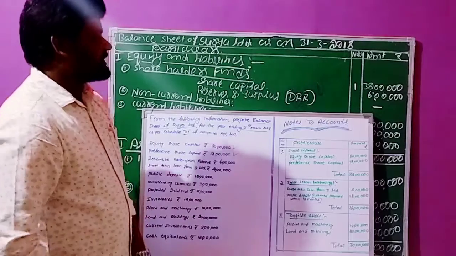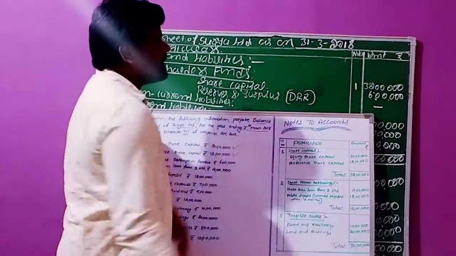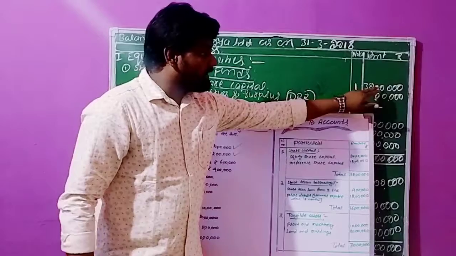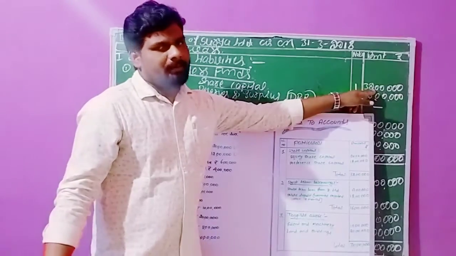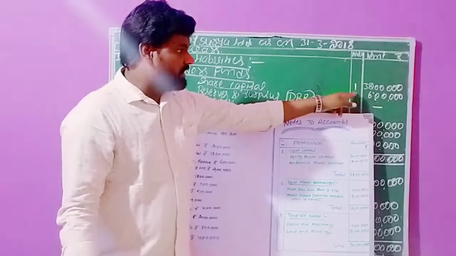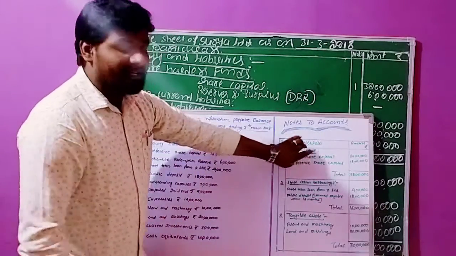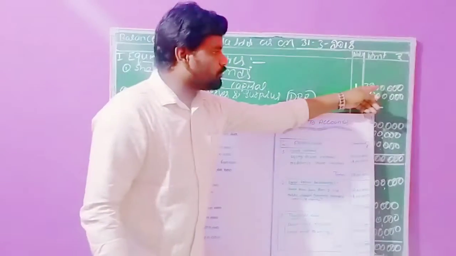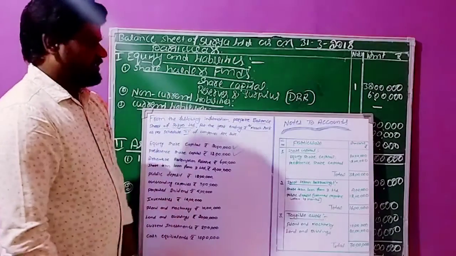The first transaction we need to write is share capital. For the share capital, in the amount column, you have to write 32 lakhs. This is the total share capital in the business. In the note column, you have to write 1. This 1 is the working note number 1 we have prepared. It gives complete and detailed information regarding this total balance of share capital. So this is the first transaction.